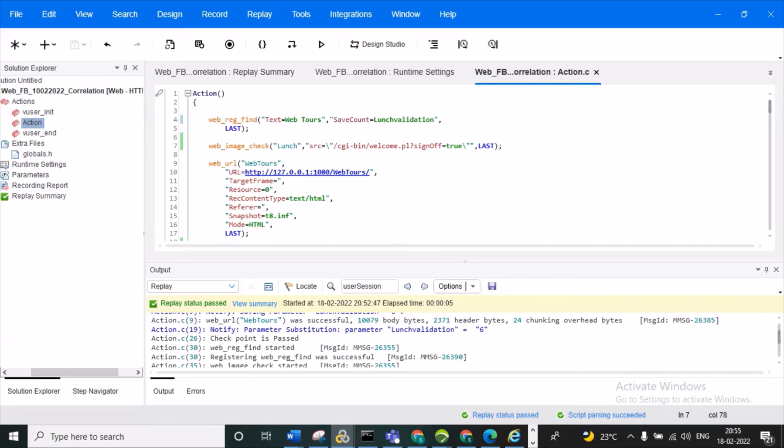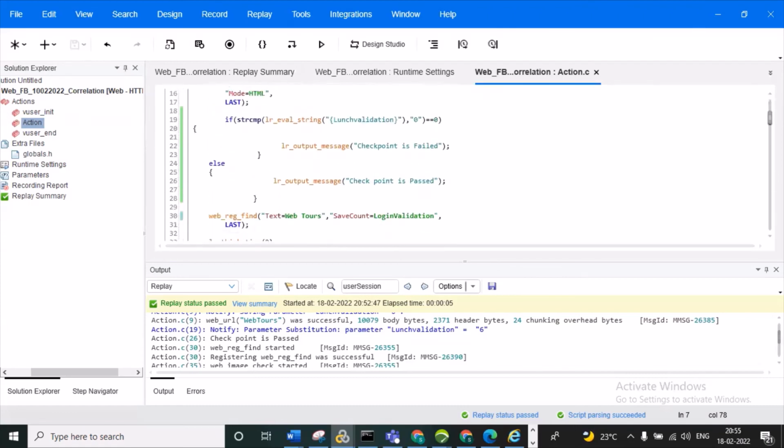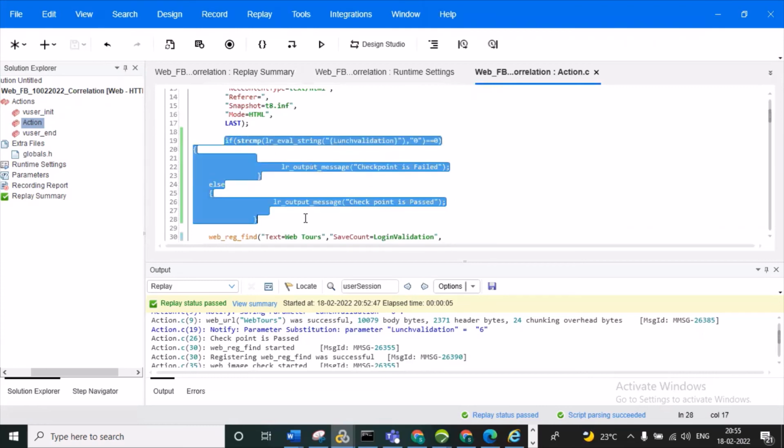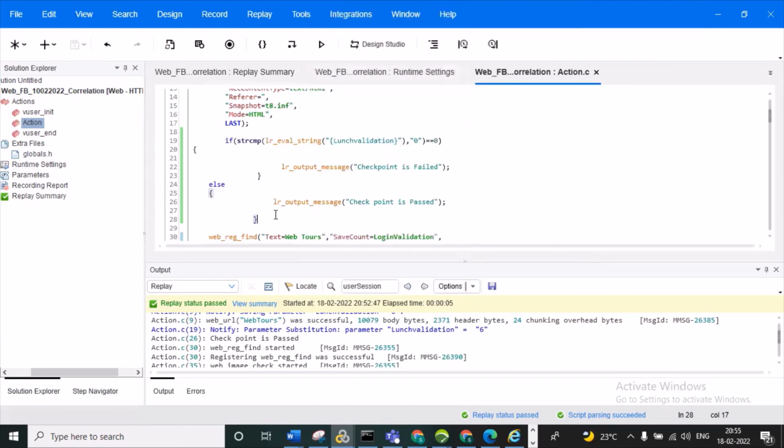So you can try it manually also. Write it first and check it. In the direct interview they will ask, can you please write the verification point, text verification point and condition.